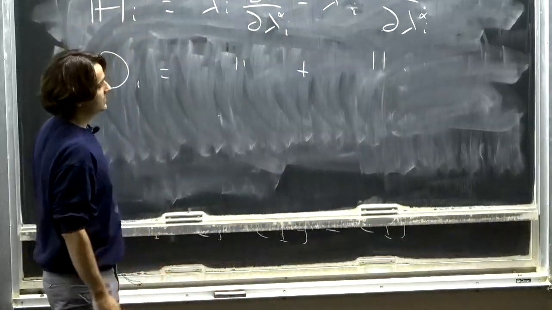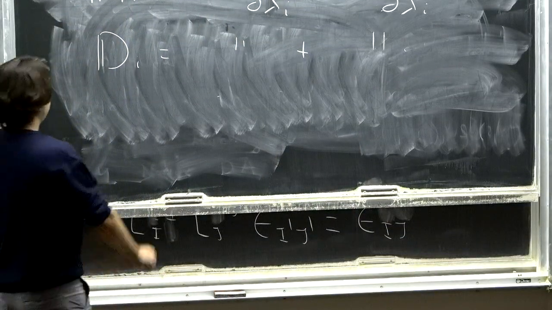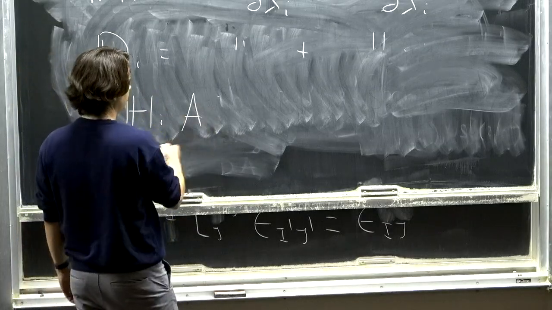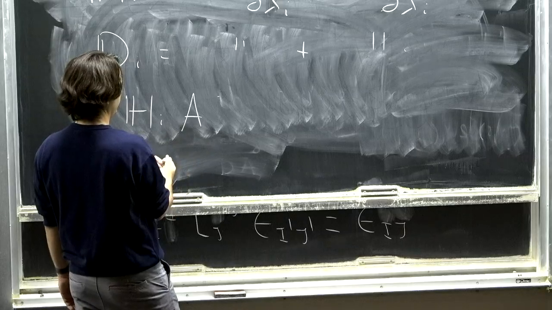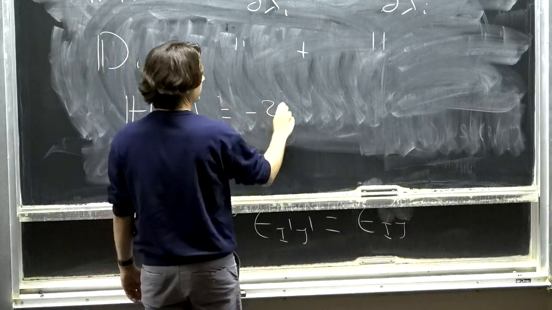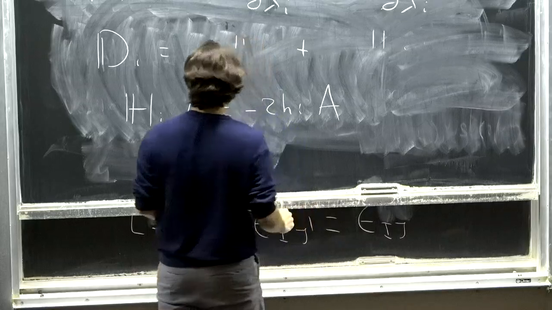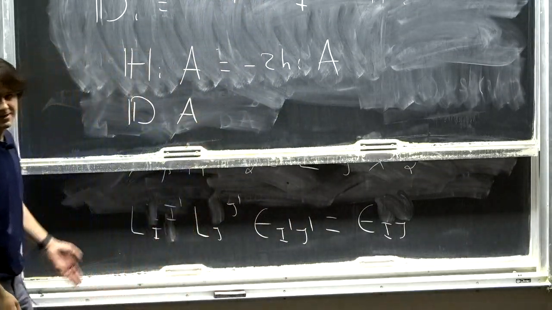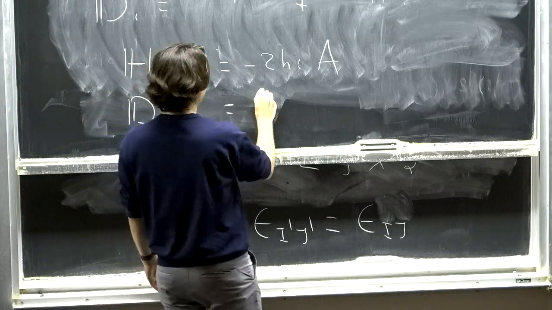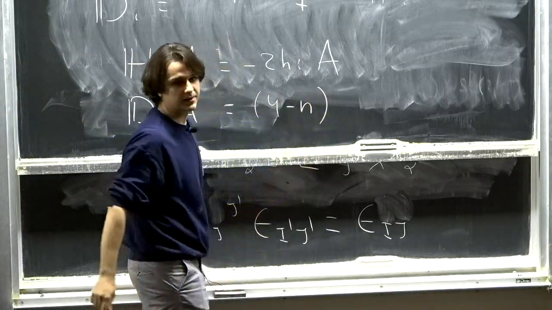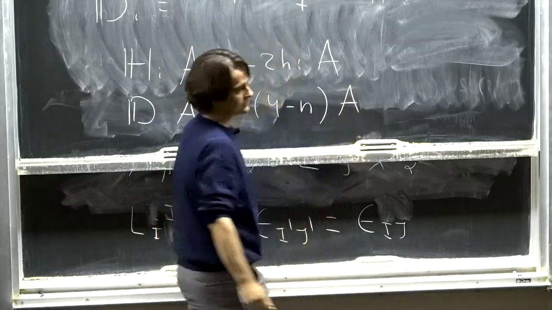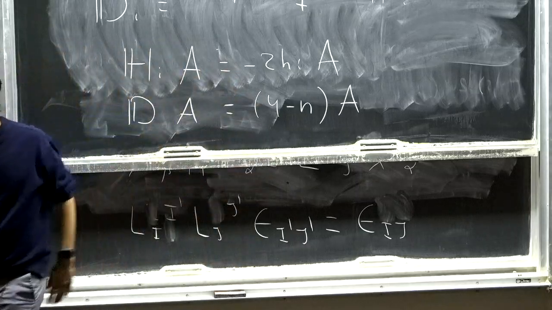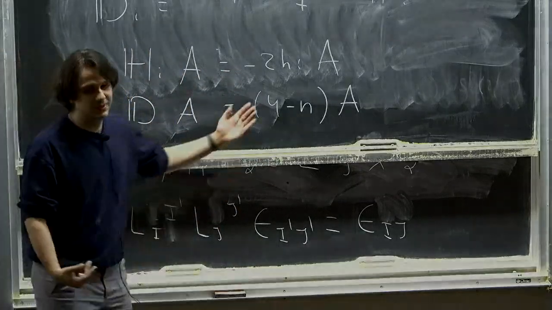And then the other two things that I know about the amplitude is that, for massless particles, it has specified homogeneity, so I know that if I act on the amplitude with this guy, I will have minus 2 h_i times the amplitude. And then if I act with the dilatation operator, we want to do dimensional analysis, so this will be useful. This will be 4 minus n, where n is the number of particles, times A. Okay, I'll summarize at the beginning of next lecture, but essentially we've found